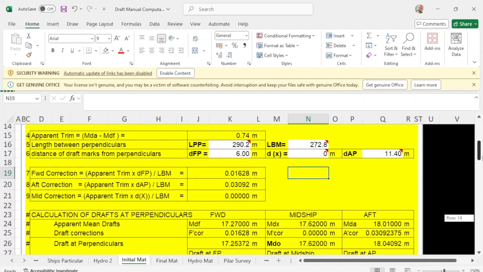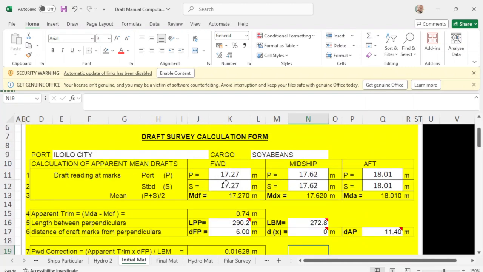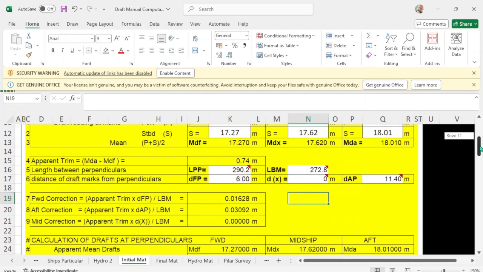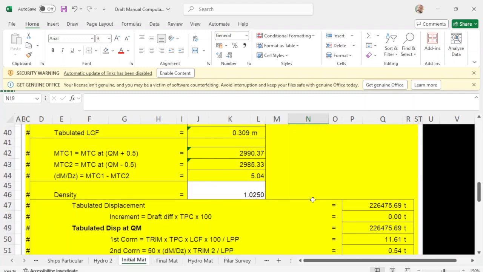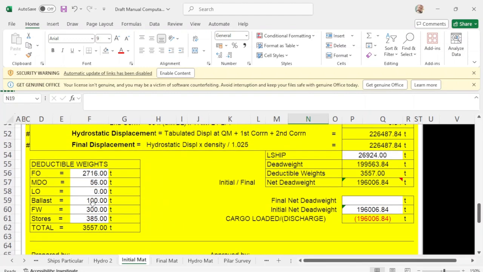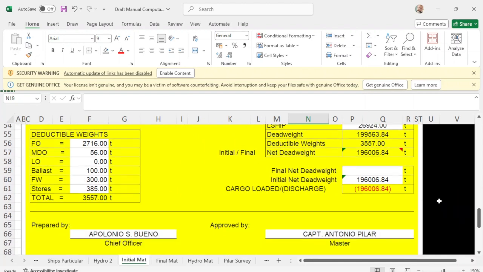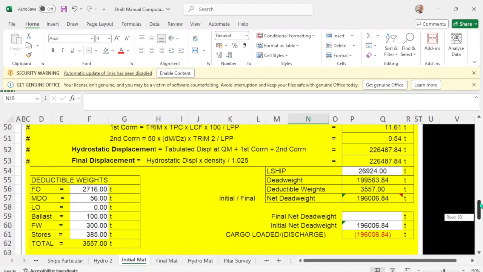Here you fill in your draft, the LBP, LBM, forward correction, aft correction, put down your density, your local density, put down your ROBs, and that's it. Put your lightship, and it will do the rest and give you the figures of your cargo. So this is very convenient if you have this kind of form.